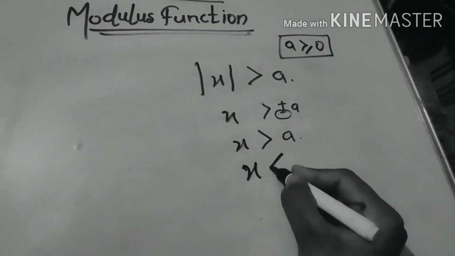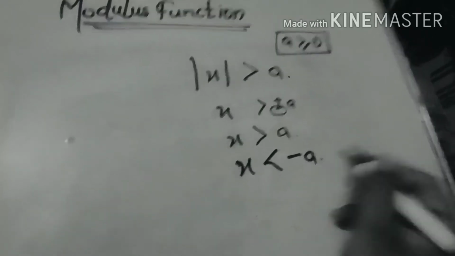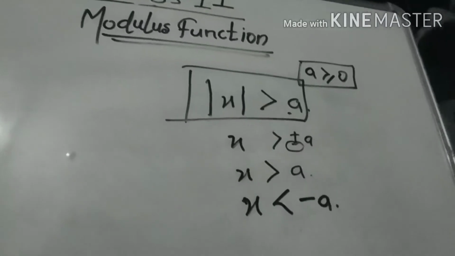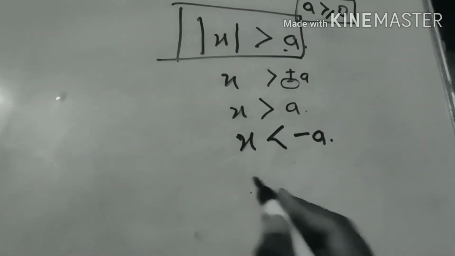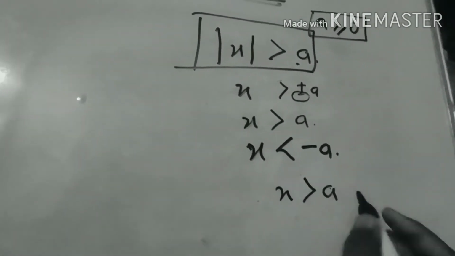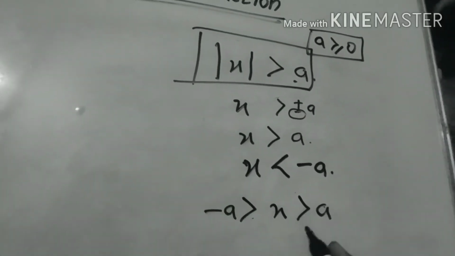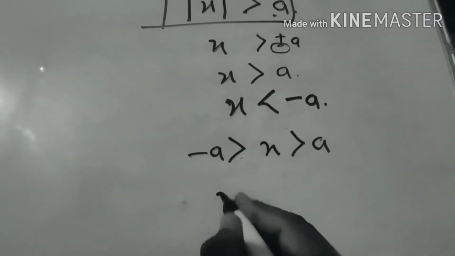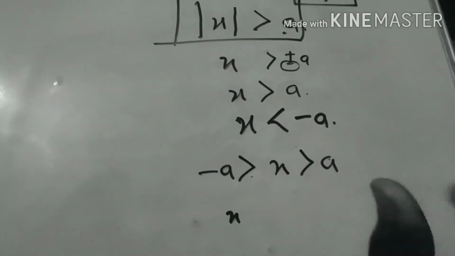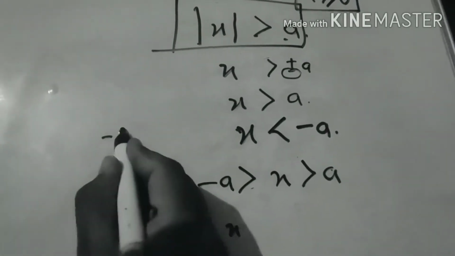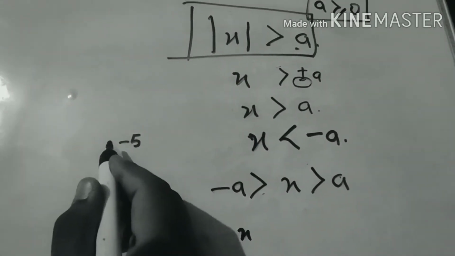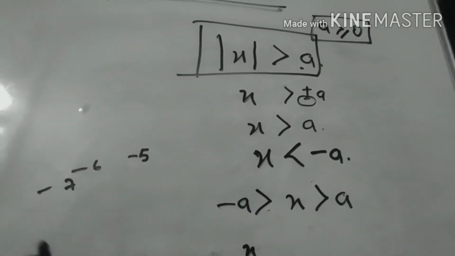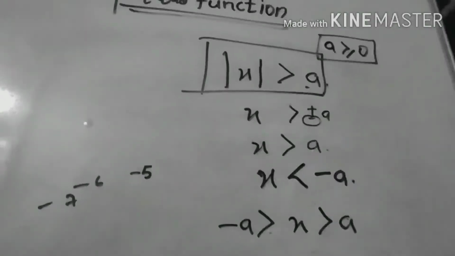So in this case, x will be less than minus a. If a similar question comes in this format where a is given as any numerical value, the value of x will be greater than a but also less than minus a. Which means the value of x lies where? The value of x lies greater than minus a. Like if there is a number -5, less than -5 are -6, -7. We know that when we go in negative, the number increases but the value decreases.